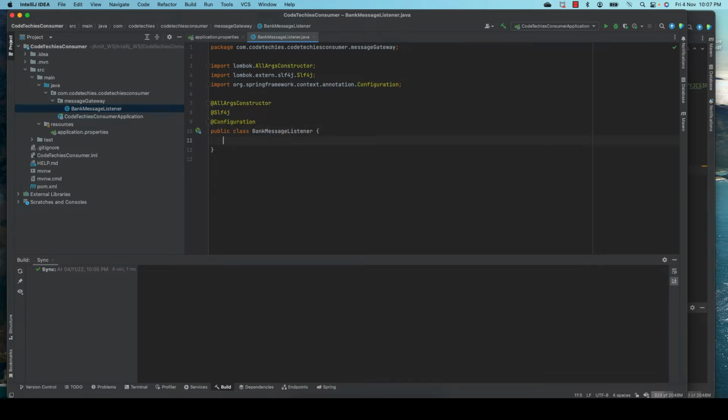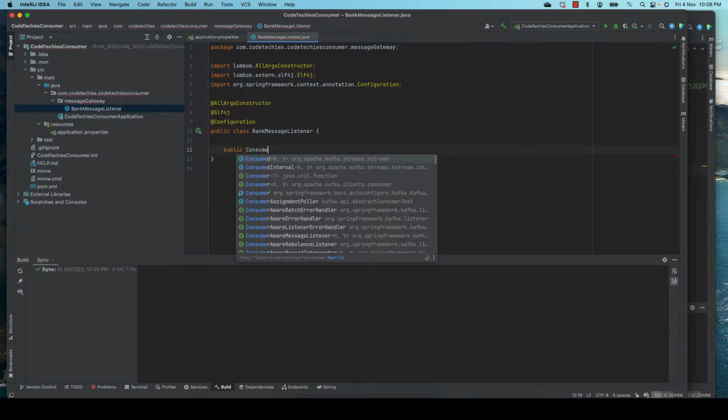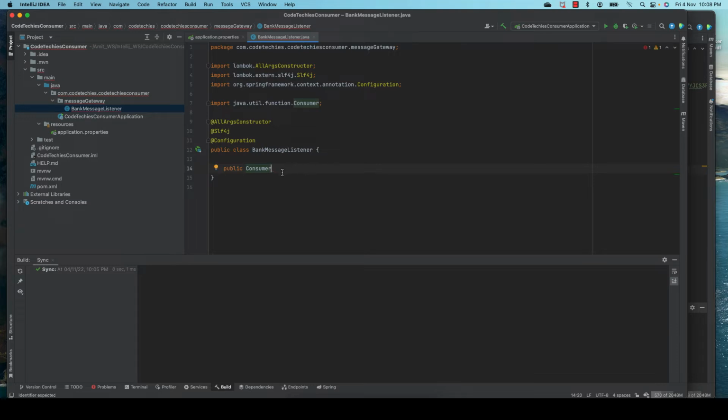I put it here, and here I need to write a method. Now this method will be a public Consumer. This is a Java util function. Consumer means it will not return anything, but it will receive some input from the outside world. So here let me give it this one,